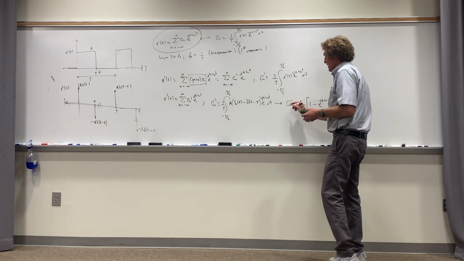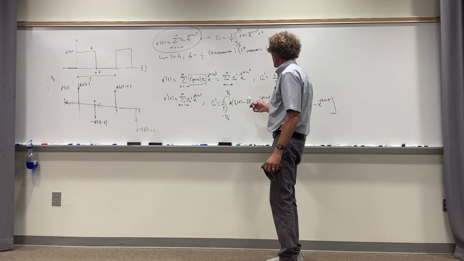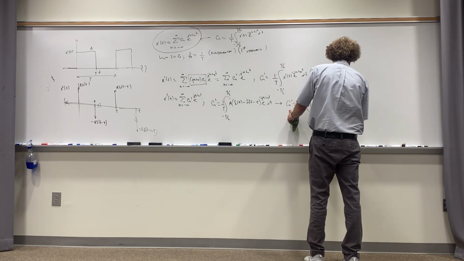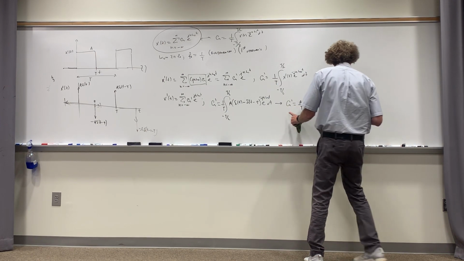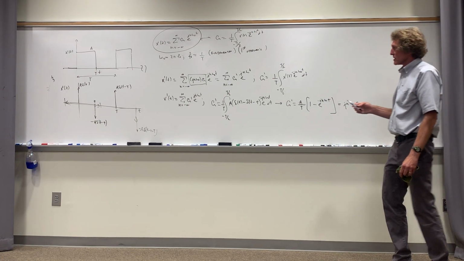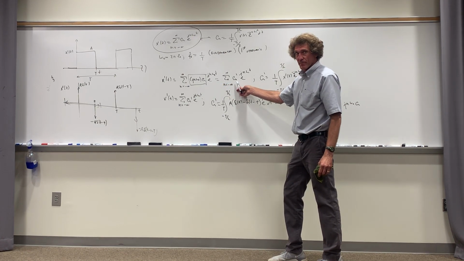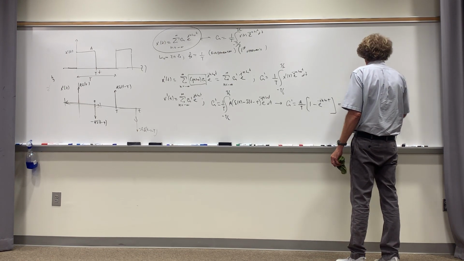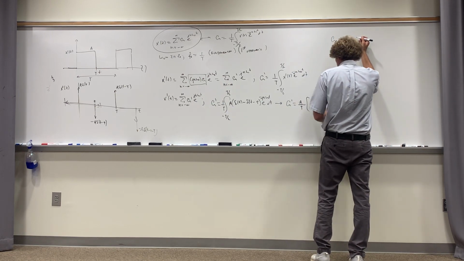If I have this, well, that is just the same as this. So now we can say this is equal to j n omega naught C of n. Agreed? Y'all see what I'm doing here? Because I'm saying that is the same thing as my C of n prime, right? So now I can say that C of n right here is just equal to this